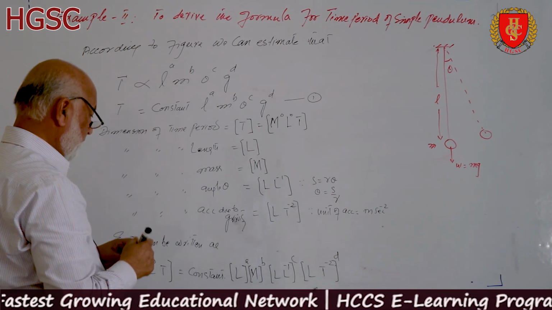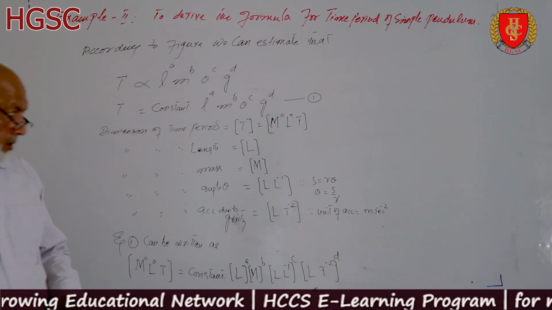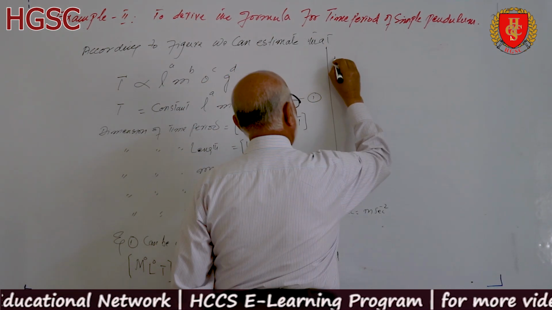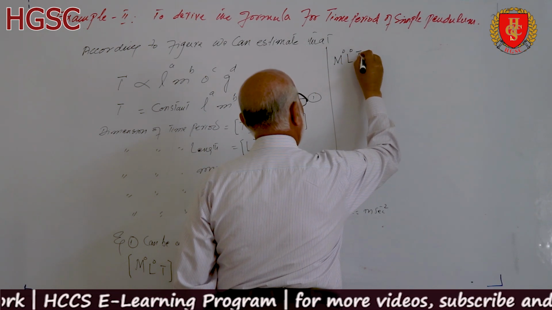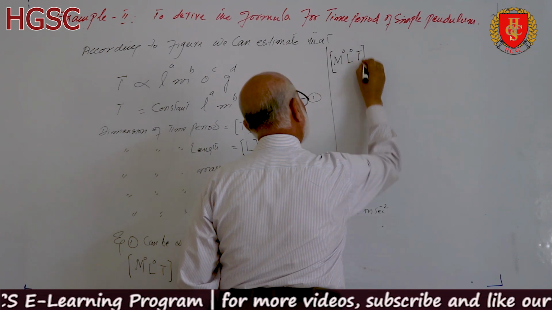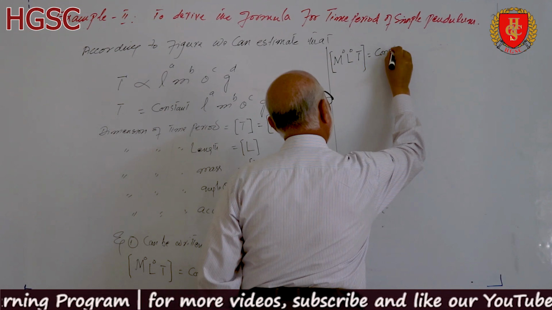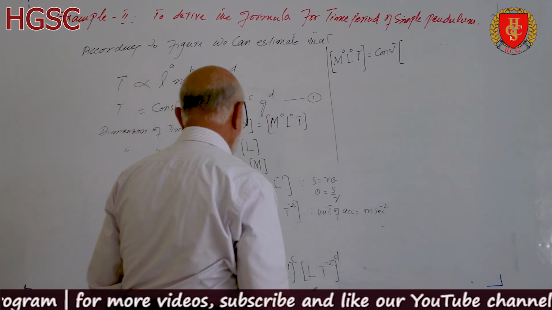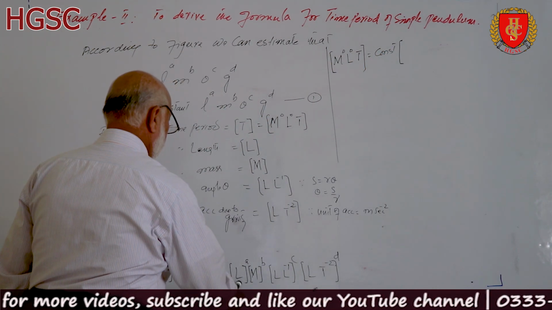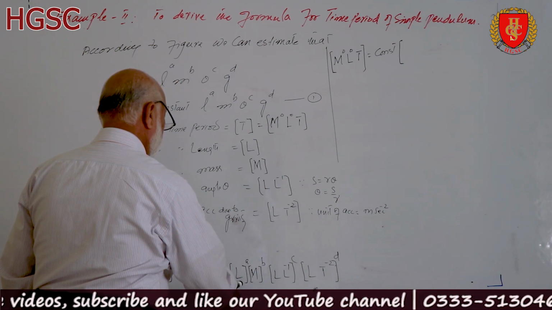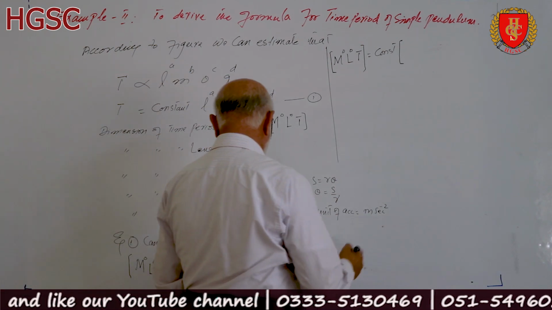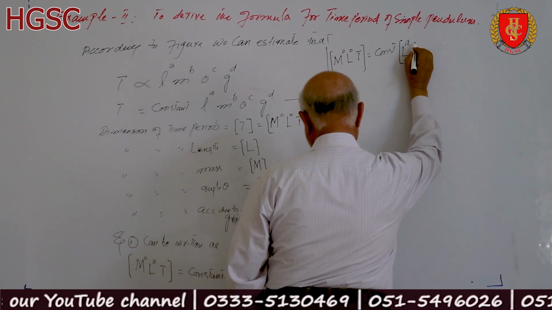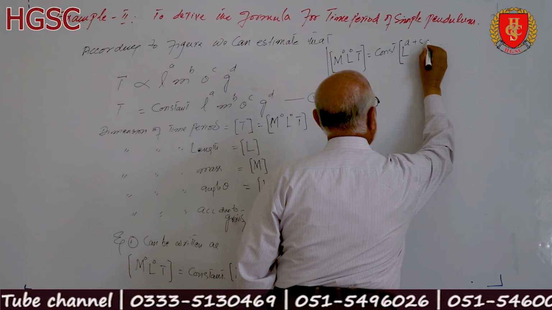So we can write this is equal to m0 l0 t1, left hand side is constant, length, there are 3 but 4 values of length: a plus c minus c